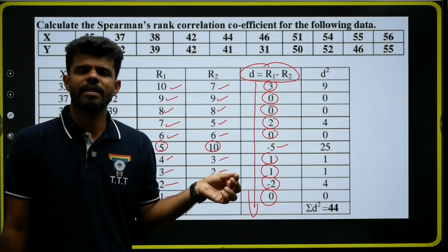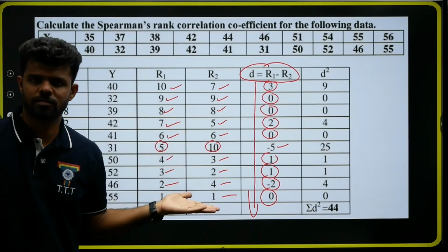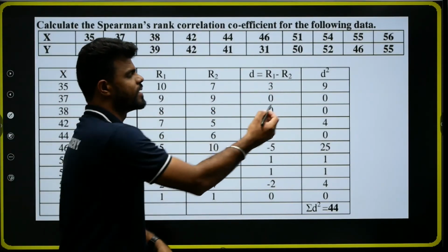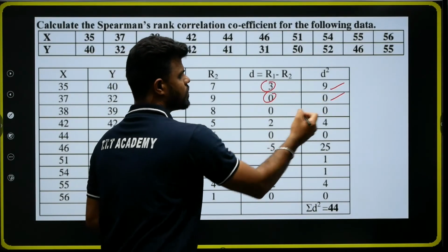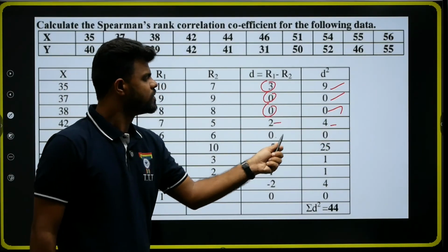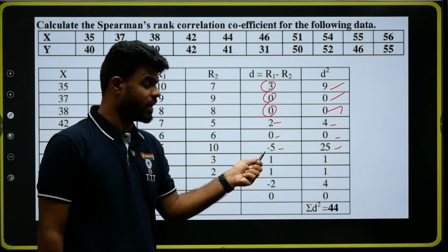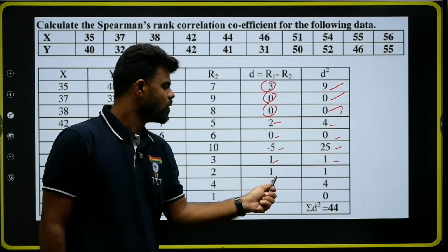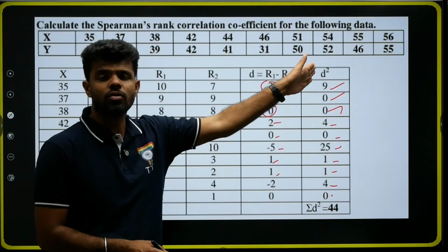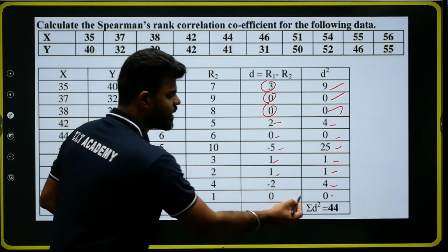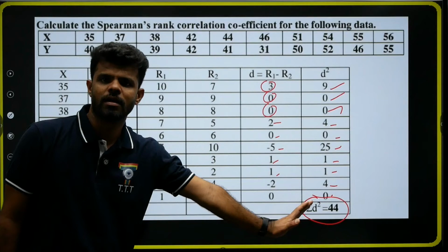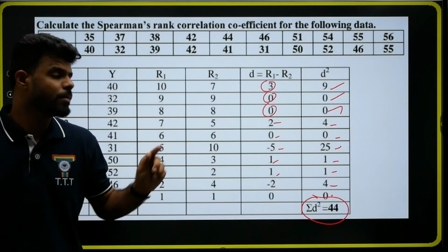So in the formula we required d square. Therefore take the square of d column. So that is nothing but 3 square is 9, 0 square is 0, 0 square is 0. Next 2 square is 4, 0 square is 0, 5 square is 25, minus 5 square is plus 25, 1 square is 1, 1 square is 1, minus 2 square is 4, 0 square is 0. Therefore, take the total of all the last column values, then you will get summation d square is equal to 44. So these are all the calculation that we required to calculate Spearman's rank correlation by using the first method